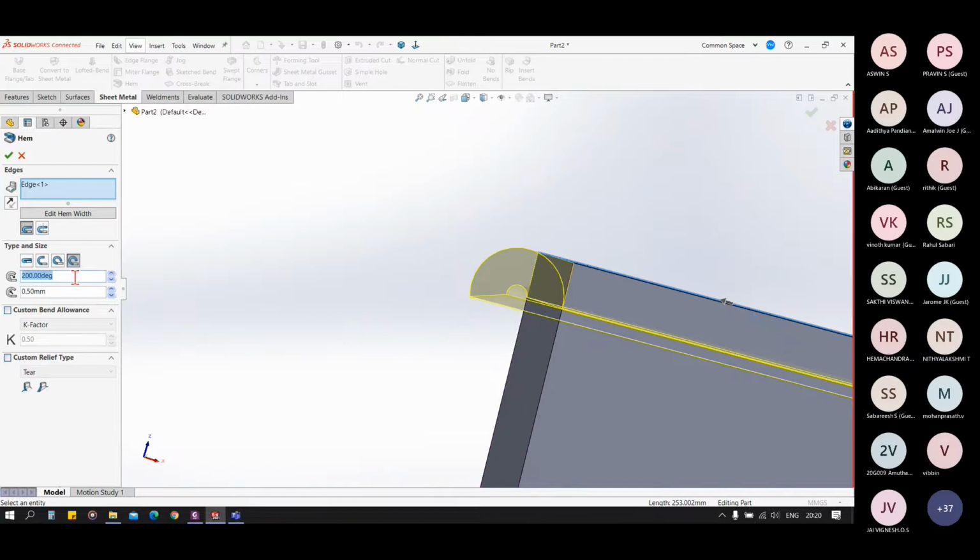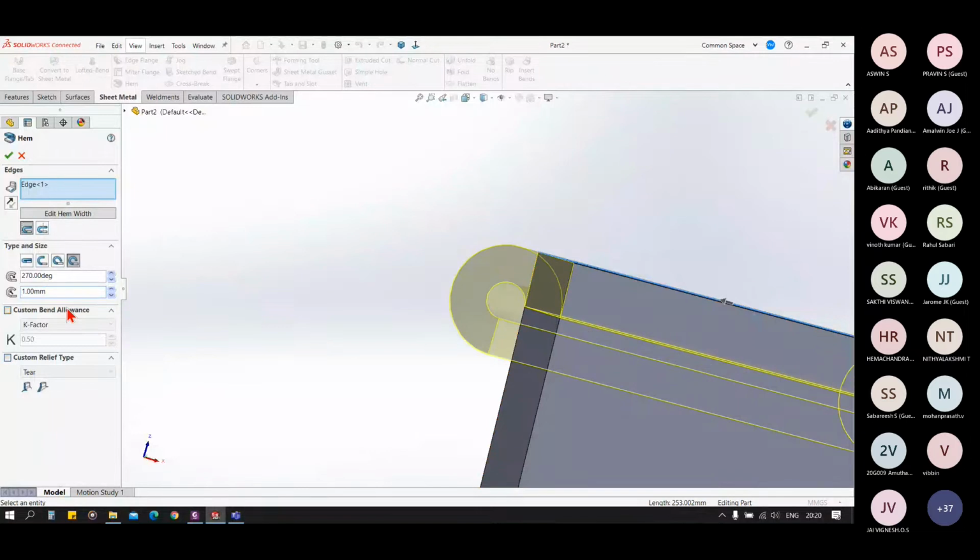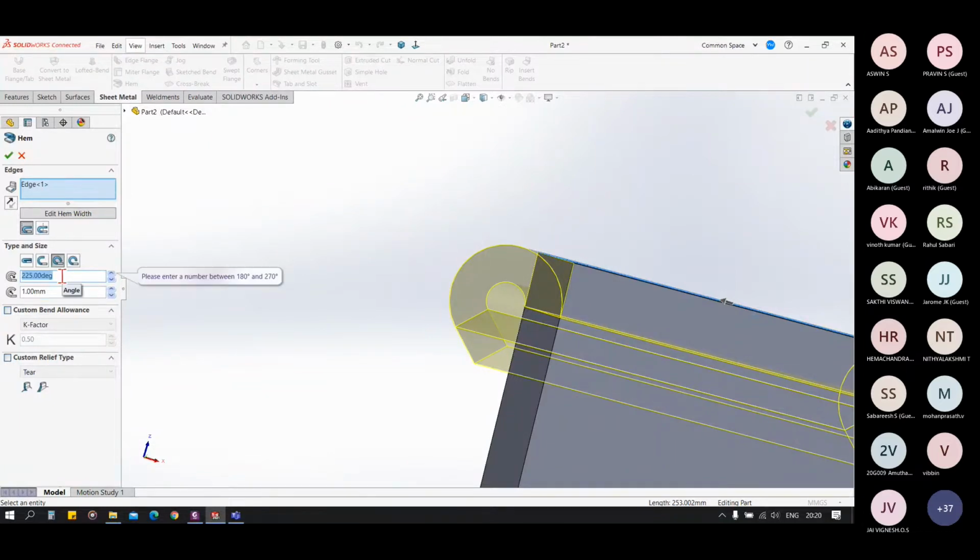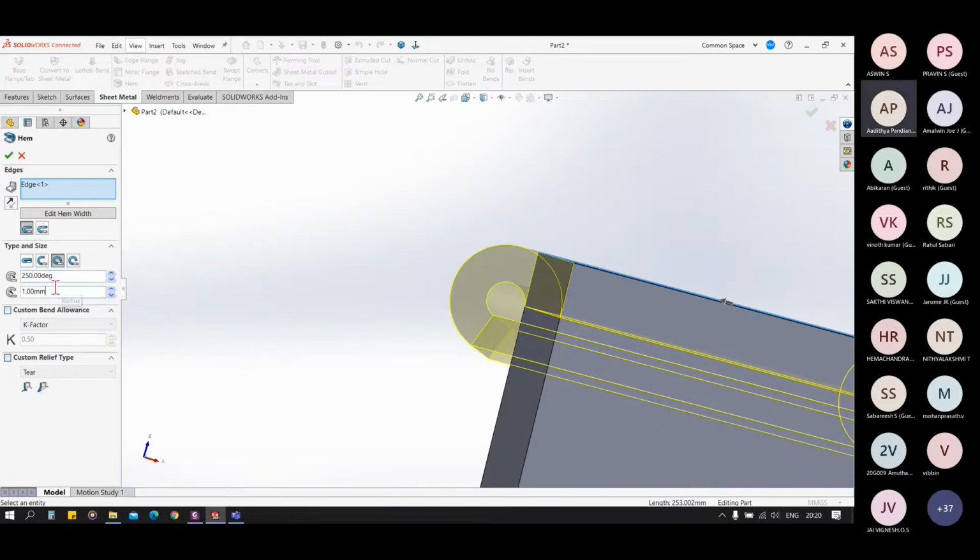You can change the different values. We can change the angle here of rolling. We can change the diameter radius of this center hole like this. In this, we can also change the degree. We can change the length of this straight portion also.